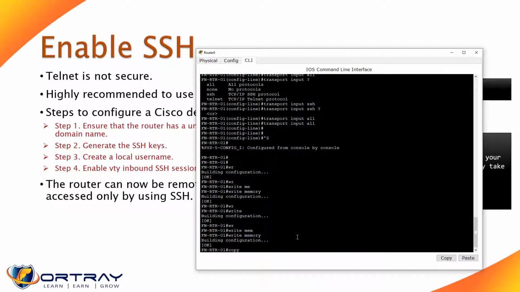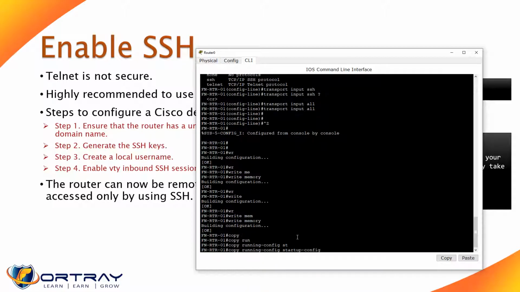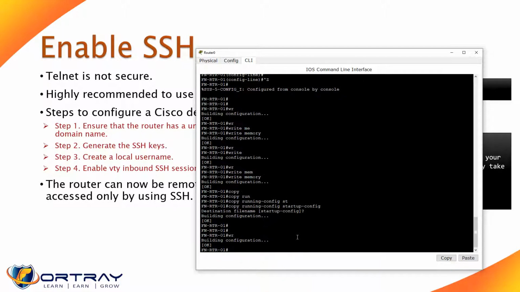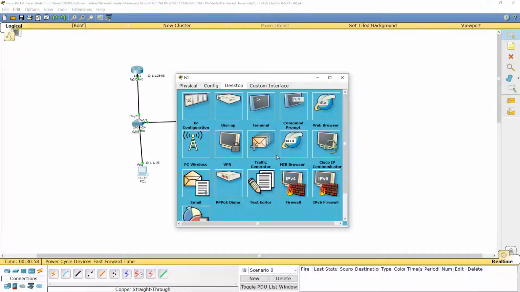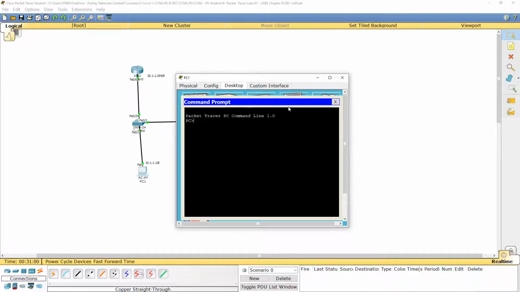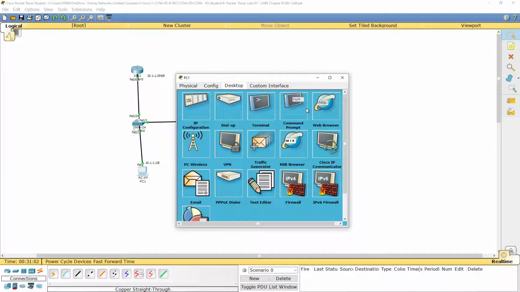Now, how can we test it? In order to test that, we need to go into our topology, and from here I can open the command prompt.